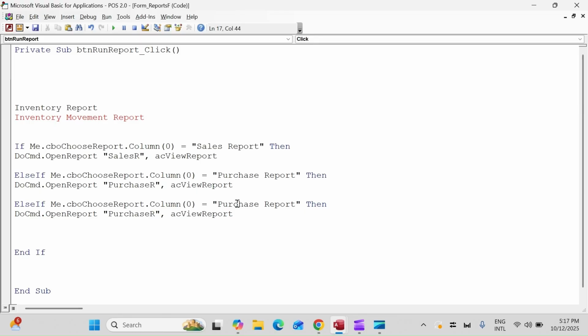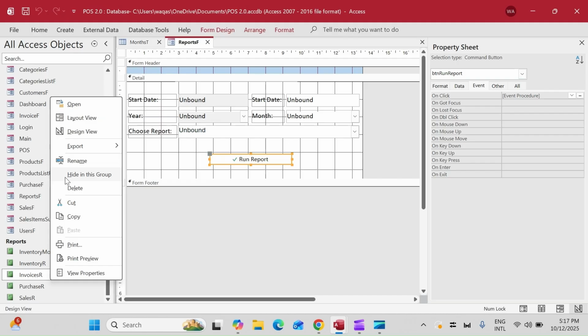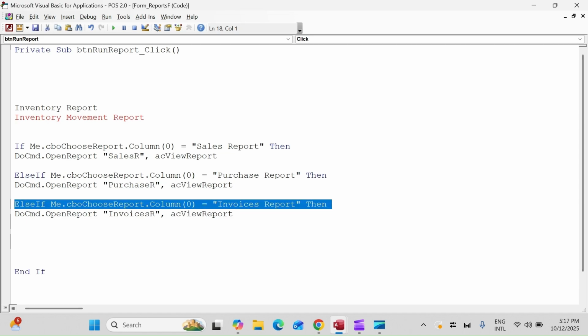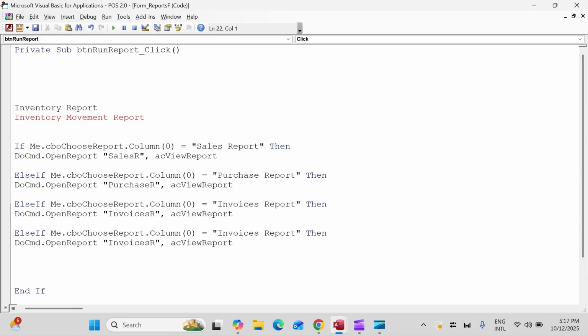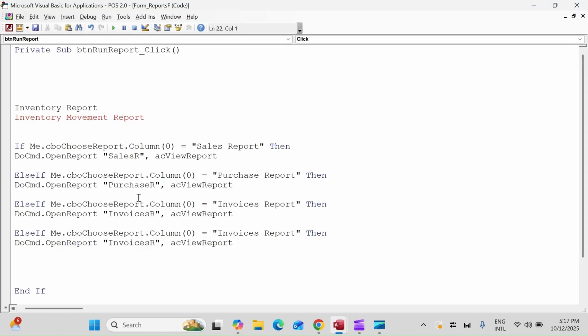Okay, invoices report, and the name of the report is right click, select, and paste right here. Okay, so once we have written a code block, it's very easy to reuse that code block. Yeah. Okay, and after this we go to inventory report,